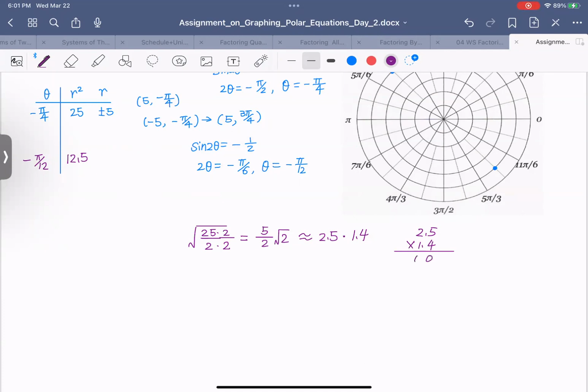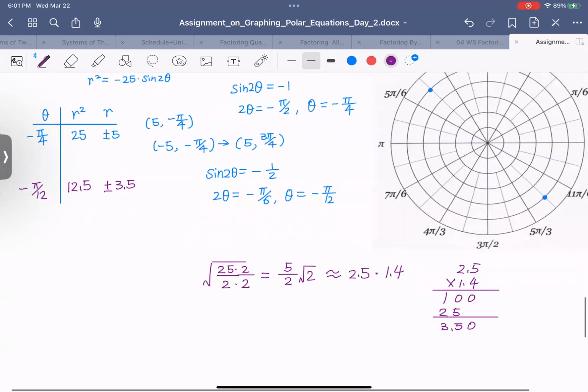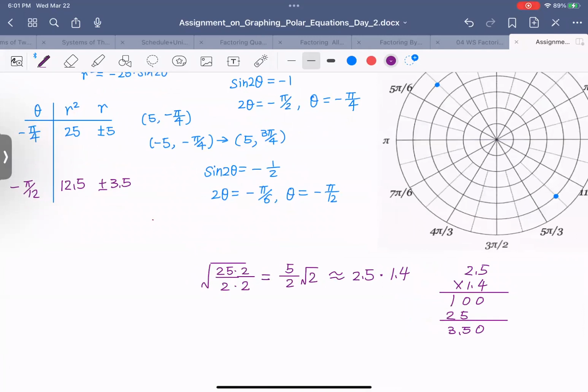0, 0, 1, right? And then you put 2, 5. Like 3.5. Okay. 3.5, right? So when you do square root, you will have plus minus 3.5. Make sense? Okay. So then you will see, okay, if my radius is positive,